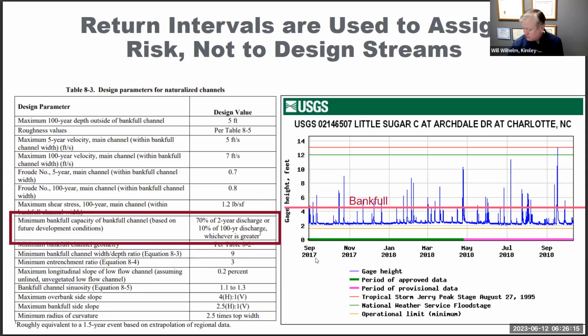All right, here's a little controversial one, and I'd like to hear feedback on that. Return intervals should be used to assign risks, not to design storms. I said this at the Colorado Association of Stormwater and Floodplain Managers, and I think I made the room's head explode,